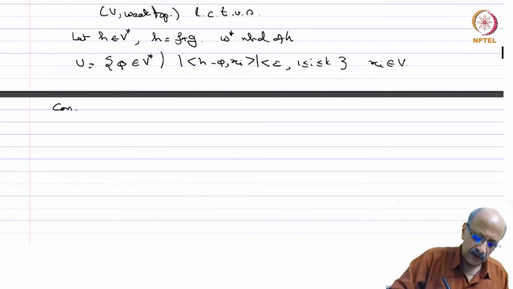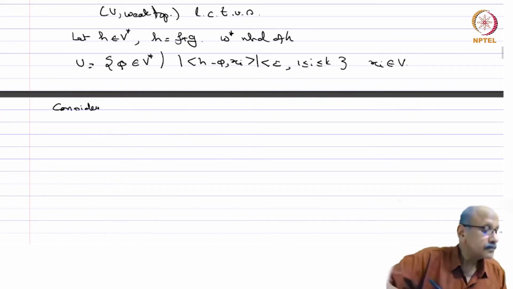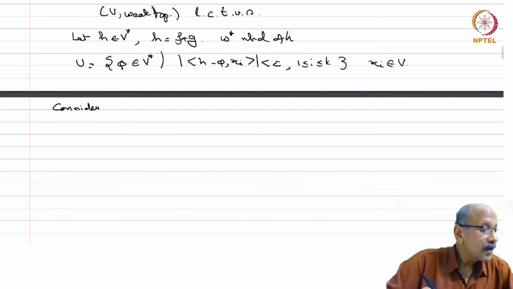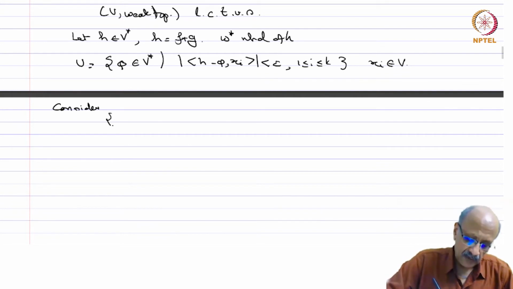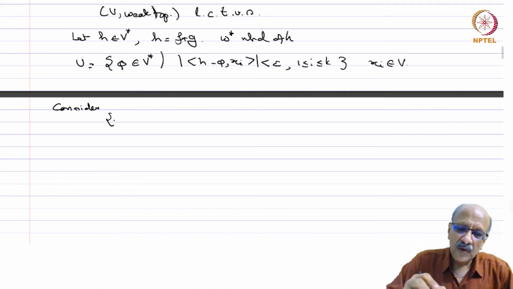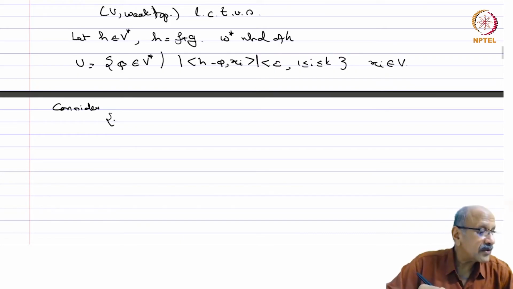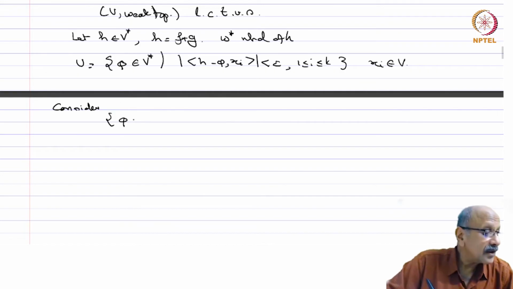So you consider the following set in the product space. The weak topology, because of the dual space, is nothing but the product of the duals. Therefore, the weak topology on the product space is nothing but the product of the weak topologies. So now let us consider the following set of all phi in V star